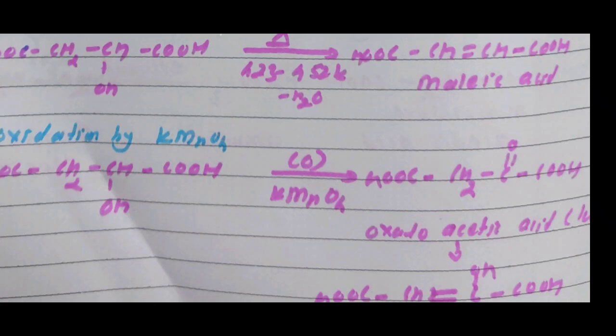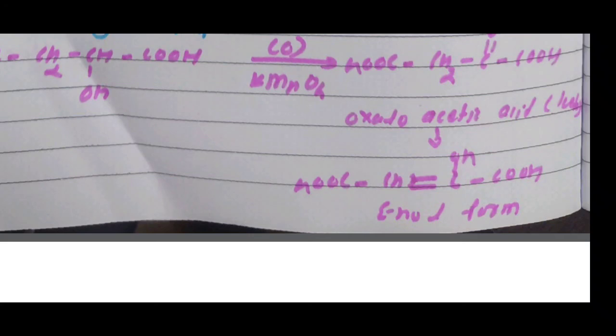Then it shows keto-enol tautomerization, meaning the ketonic group is converted to the enol group. Enol means: en indicates presence of a double bond and ol indicates presence of an OH. Therefore oxaloacetic acid undergoes tautomerization, forming COOH, CH, double bond COH, COOH. This is the enol form. Means malic acid undergoes oxidation, forming the enol form, showing tautomerism. This is the second chemical reaction of malic acid.